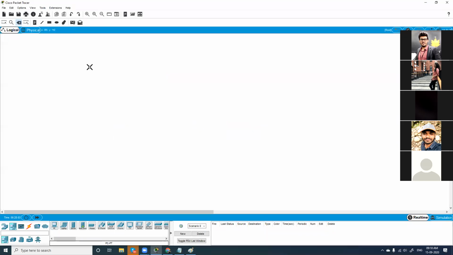Now we'll go for a wireless device. When you click routers, switches, and wireless devices, you will have wireless devices down here, and many wireless devices at the bottom. You can choose any device, but we'll go for a basic device like this. You can choose this or a home router, anything is fine. So this is my wireless router or my modem.